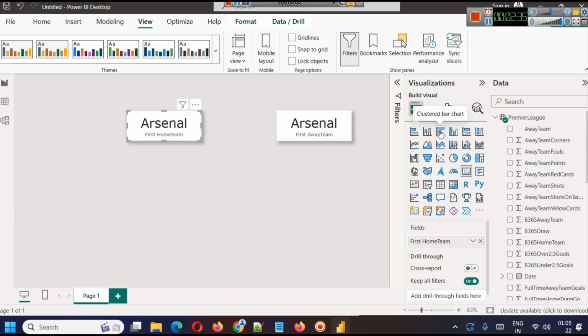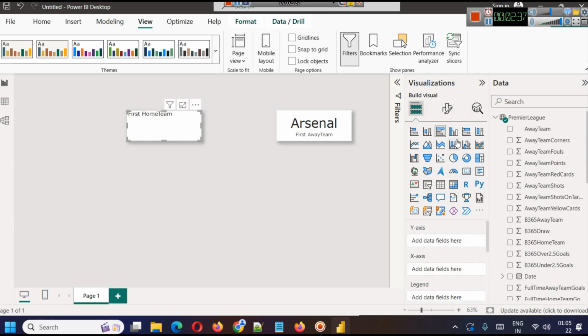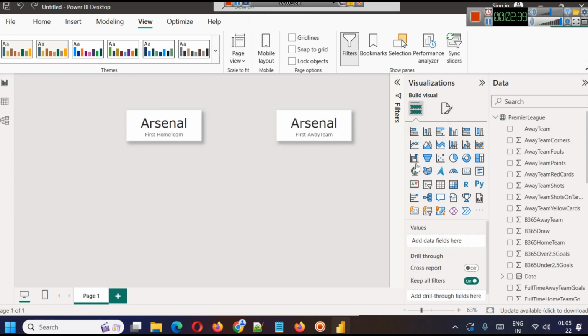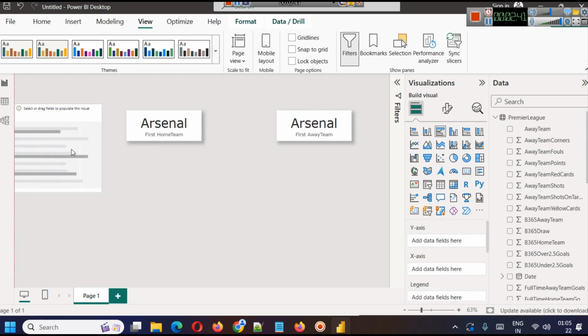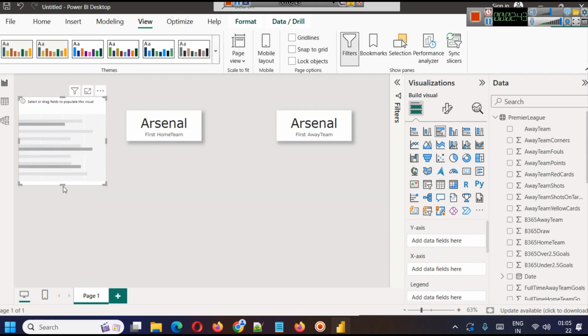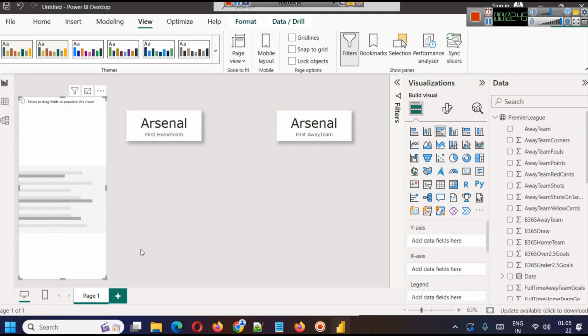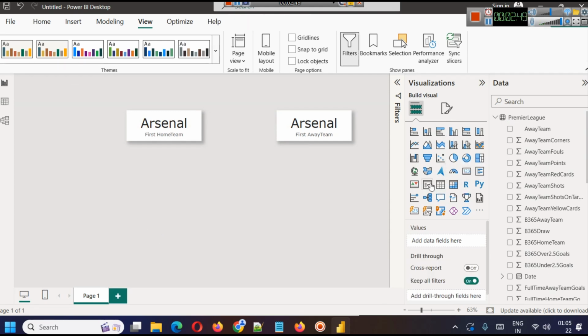So this filter will be with clustered bar chart. So we are going to create a clustered bar chart here to use as a filter. Or what we can do, we can also use our slicer as a filter. Okay,